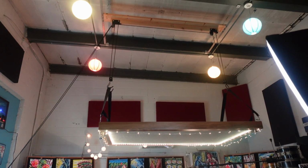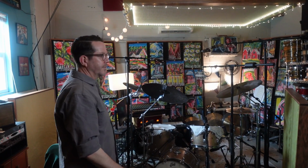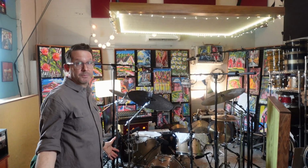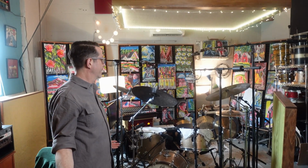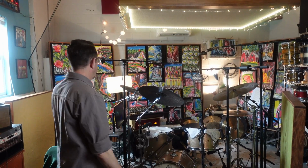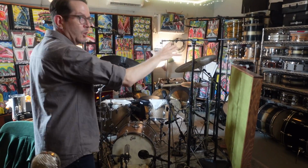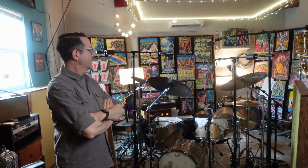Totally. It's on a pulley system, and if I pull it all the way up and get rid of these panels on the side of the kit, it really opens up the space. If I want big, huge, Green Day drums, I can make it sound like that. And I can get full-on Steely Dan vibes by lowering it, and I have another one of these panels I can put in front of the kit. Sometimes I even put blankets